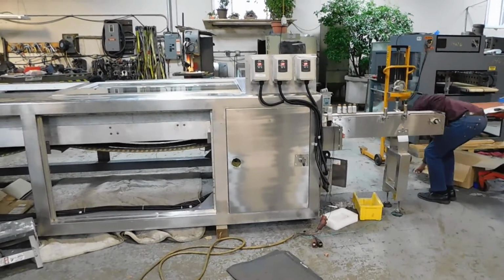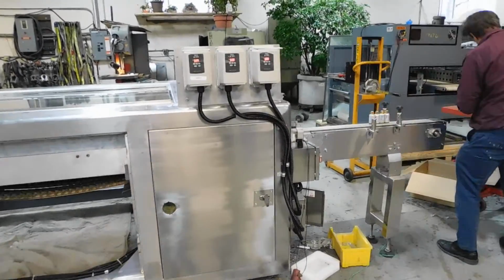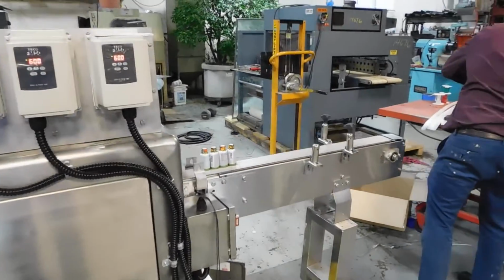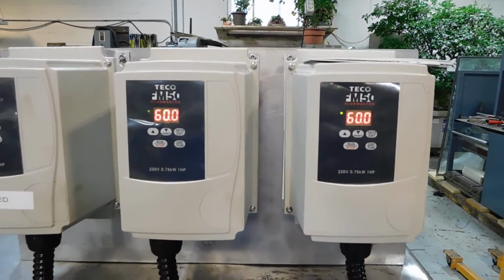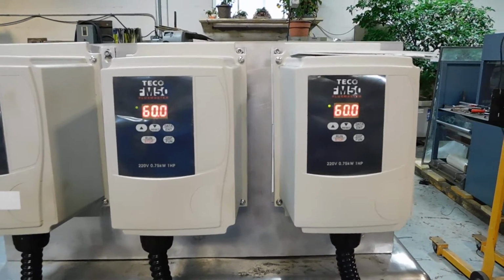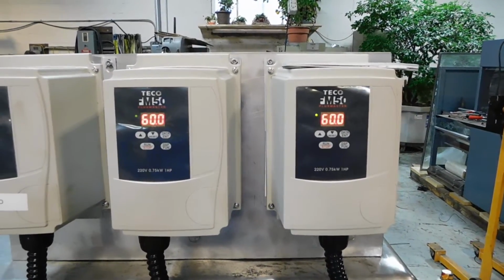What we're demonstrating for you is a cooling tunnel. We're in the process of reconditioning. We're trying to load this up as quickly as possible. We're running right now, as you can see, at 60 hertz. The two controllers to the right are the down and back motors, which control the main body of the cooling